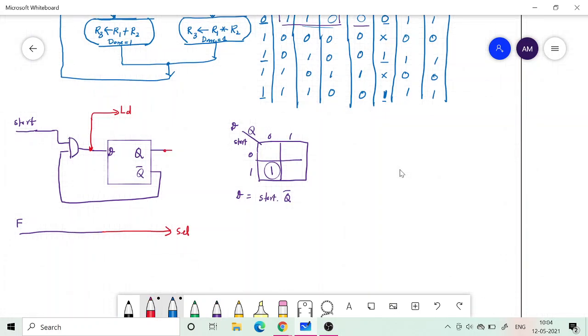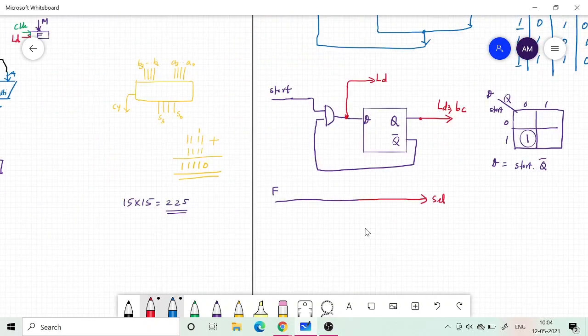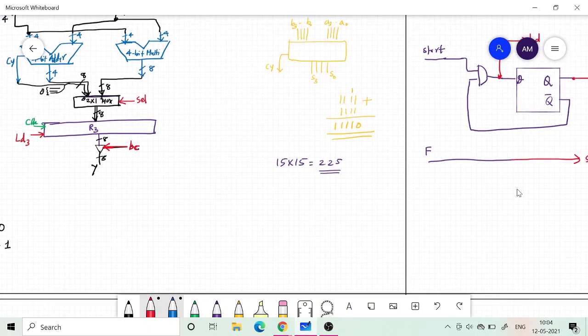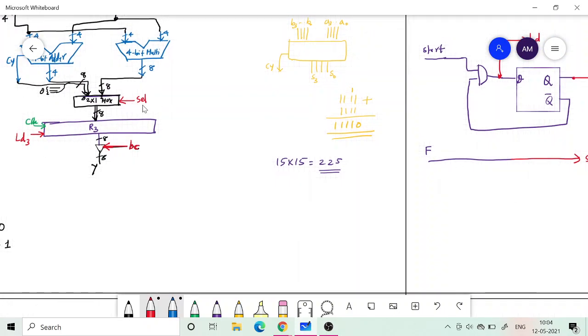So you take LD3 and buffer control. Okay, so I have generated all the control signals: LD, LD3, BC, select. So you give that, and you need to put that into this.